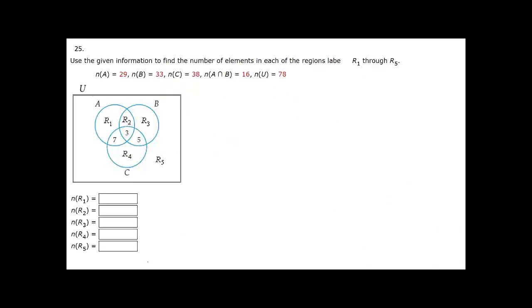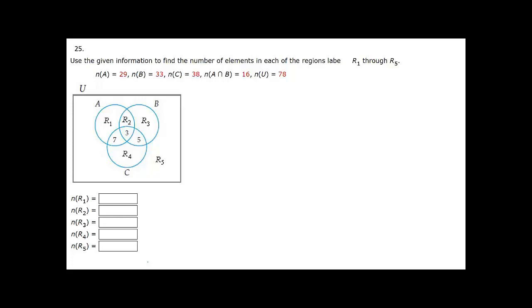25. Use the given information to find the number of elements in each of the regions labeled R1 through R5. They tell you some information. They tell you that the number of elements in A is 29, the number of elements in B is 33, the number of elements in C is 38, the number of elements in the intersection of A and B is